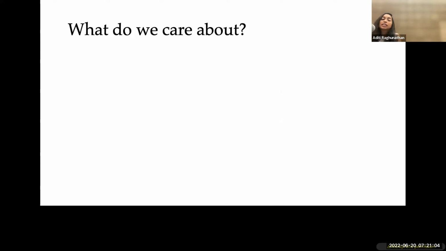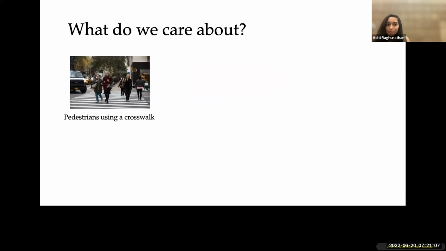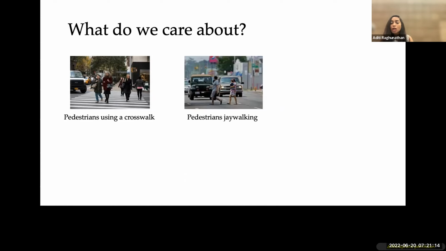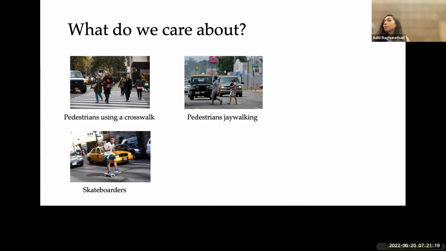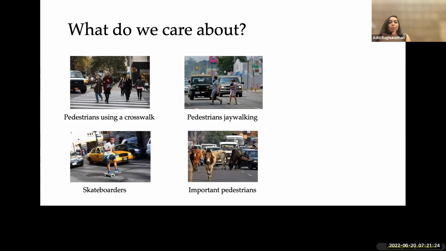As another example, let's look at pedestrian activity. Pedestrians could mostly be using a crosswalk, and this is probably what a large fraction of your training data would represent. But we want to also work well in cases where pedestrians may be jaywalking, or they may be skateboarders, and you don't know how fast they're going to go. And where I come from in India, there might also be cows on the road, and you want to deal with and work well with all of these cases, and not just the distribution in your training. So we want to work reliably in all kinds of pedestrian activity, including things that we might not have anticipated or collected data carefully for.